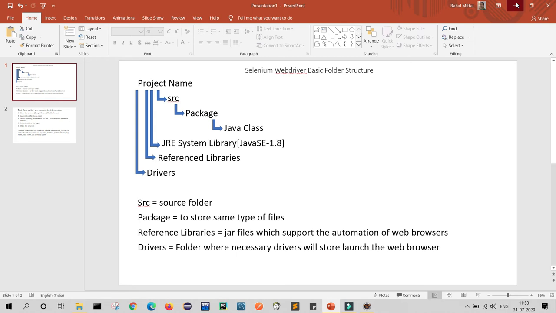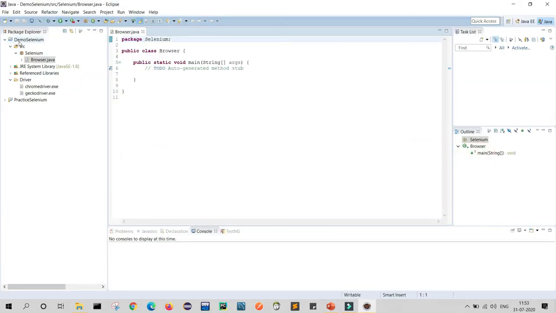Similarly here, demo Selenium is your project name. Inside project there is a source folder where I have created one package named Selenium, and inside package we have created our Java class, that is browsers.java. There are JRE system libraries, reference libraries, where all the referred jar files are located, and you also created one folder named driver where your browser drivers are installed.